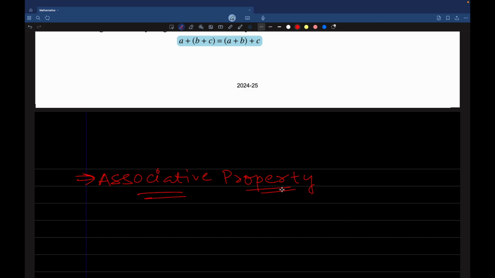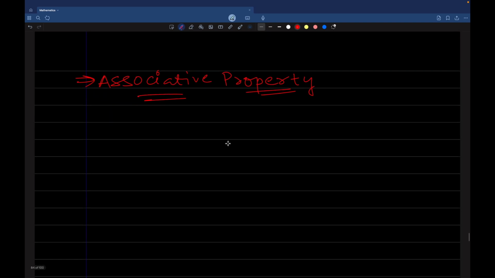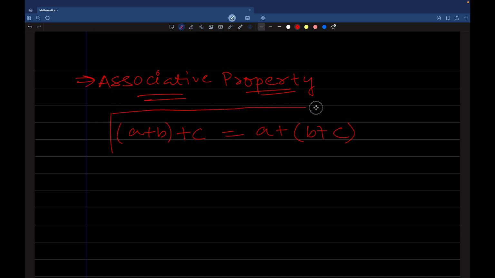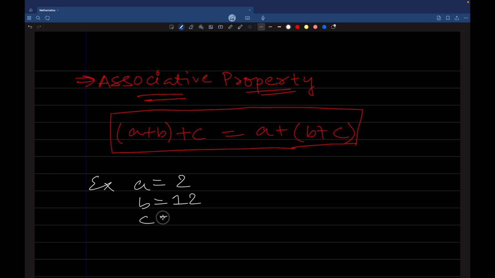Associative Property. Associative property says that if we can prove (A + B) + C equals A + (B + C) for whole numbers, then whole numbers are said to have associative property. For example, if I take A equals 2, B equals 12 and C equals 22, then